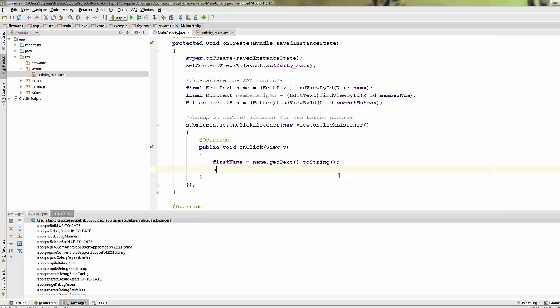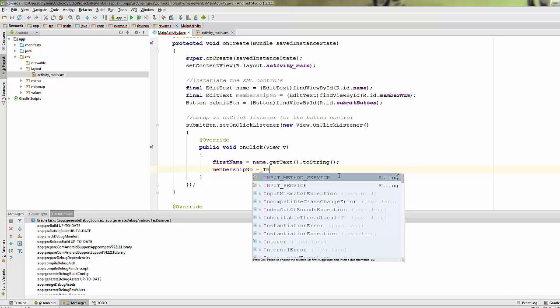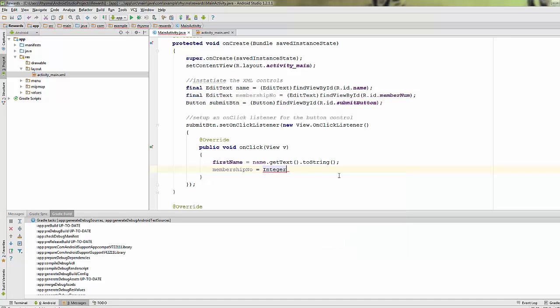So then my membership number is going to be, well, I'm going to have to parse this into an integer because we want this in an integer value. So I'm going to do an integer, because I'm saving this as an integer. I'm going to do a parse int,